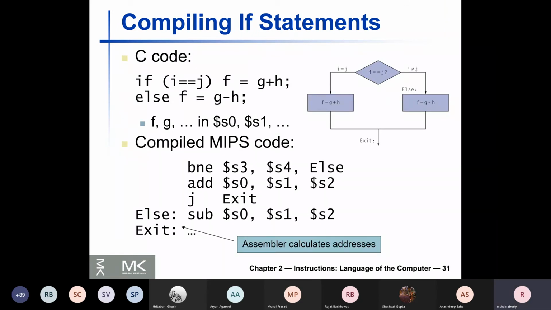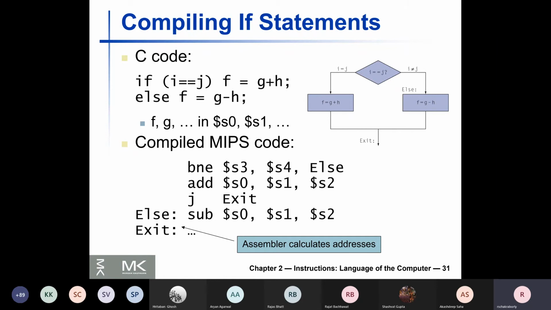Now let's see some examples. First, this is all the time you write this type of code. This is such a common construct, just a two-branch if-else clause. The corresponding control flow diagram has been shown on the right.